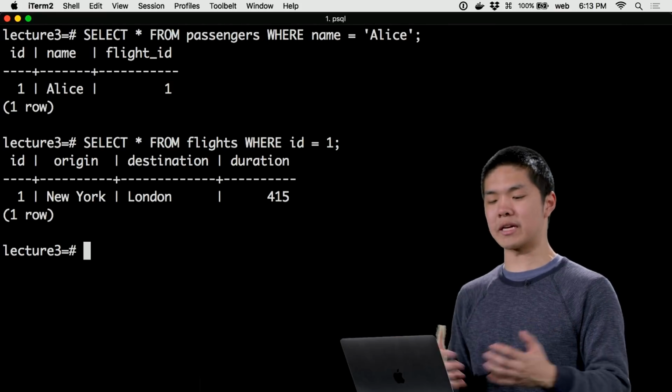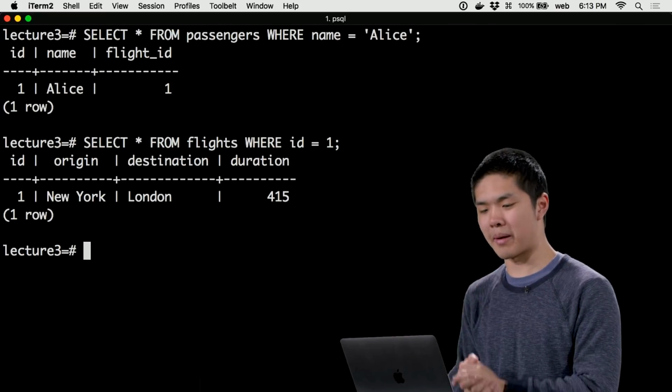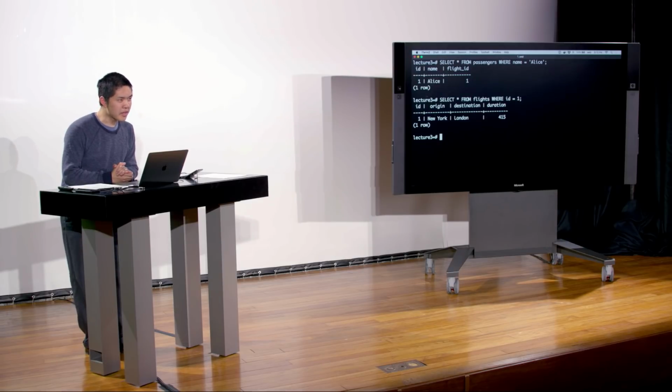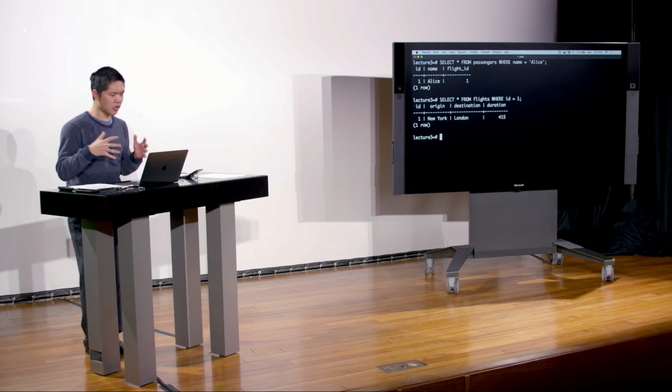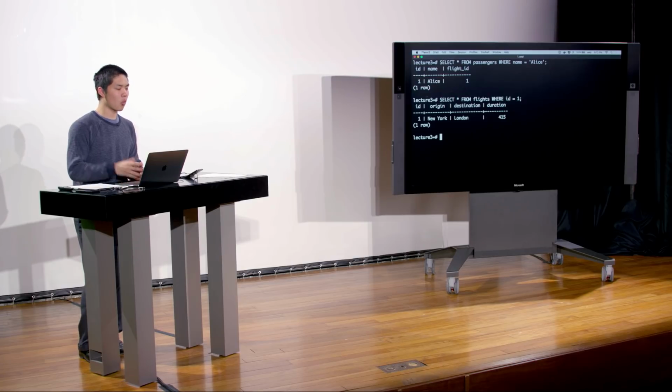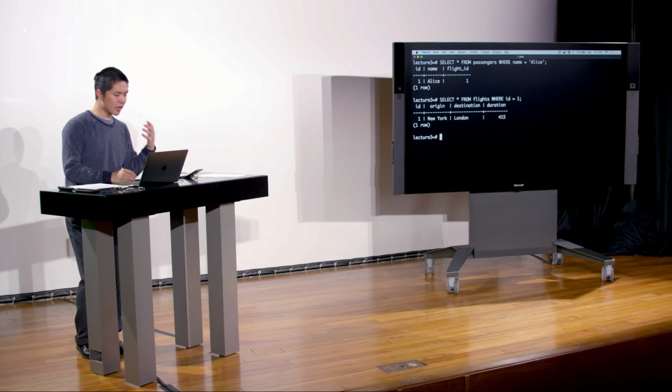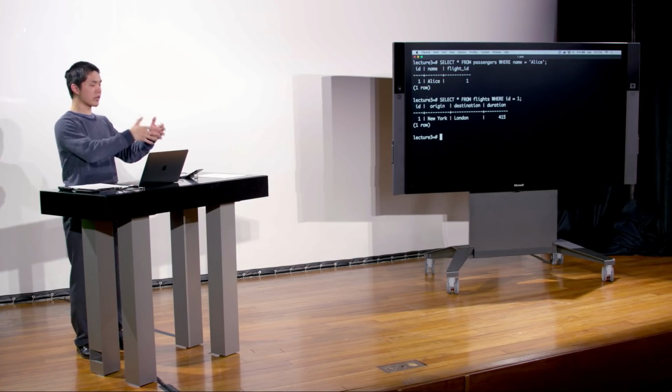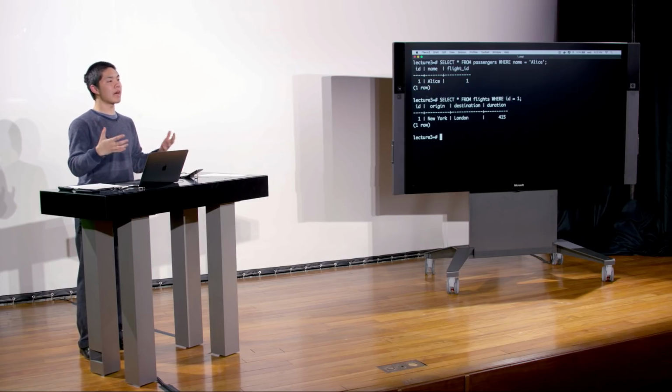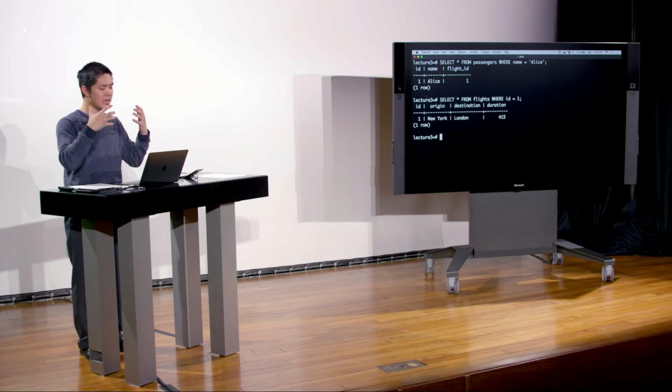OK, Alice is on the flight going from New York to London. And that would be my answer. But in order to do this, I had to do 2 queries. I first queried the passengers table to say, what flight number is Alice on? And then I queried the flights table to say, all right, which flight has ID number 1? And it would be nice if I didn't need to do 2 queries, if I could join these 2 queries